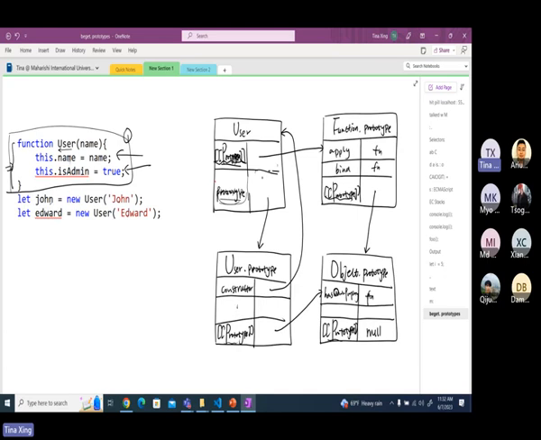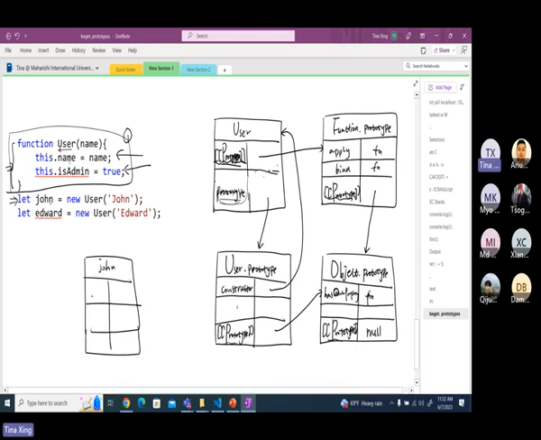If we put it here, then when I change John, it will automatically change Edward. It only keeps one copy. So isAdmin and name don't belong anywhere here. When I create John, you are going to have a name, John, and you're going to have isAdmin